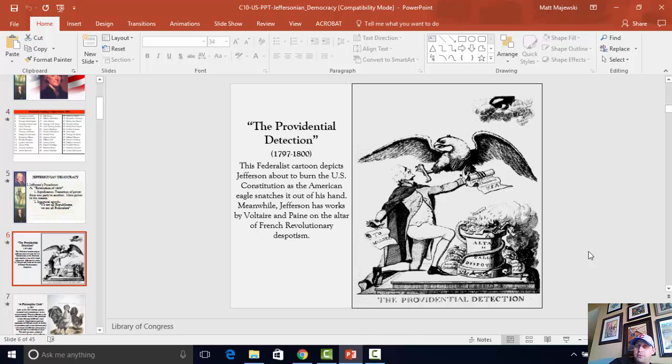So Federalists were very concerned that Jefferson was going to trample on the powers of the Constitution, that he was going to take them away, that he was going to send us into anarchy or mobocracy, that he was too inspired by revolution and by the French Revolution. That we were going to lose a lot of the things that the Federalists claimed that they had started.